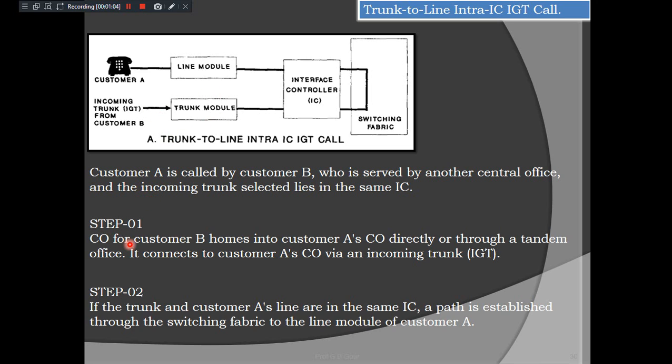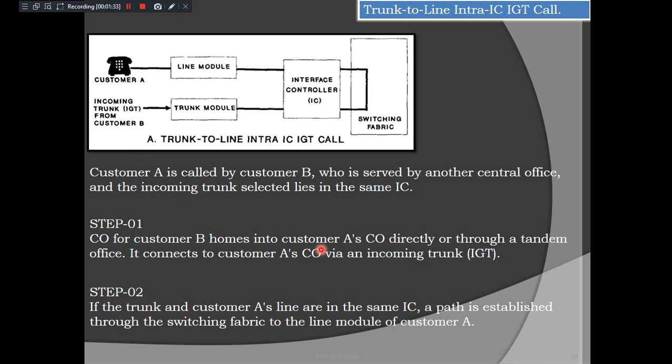Step 1, the CO for customer B homes into customer A's common office directly or through a tandem office. CO means common office, the local exchange office for customer B. We are receiving this call request from B, who may be residing in a different CO or a different region.